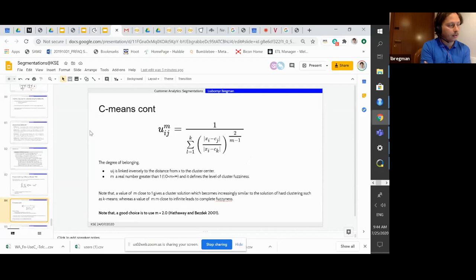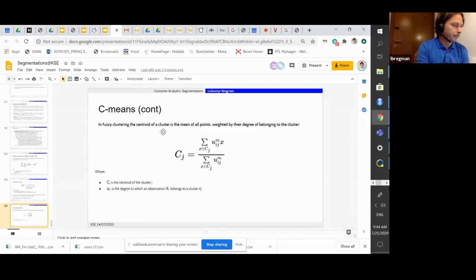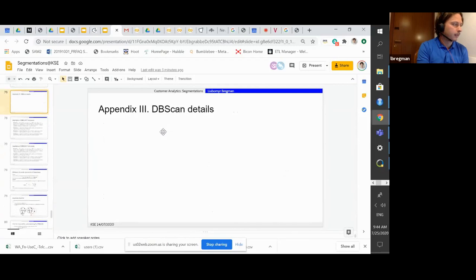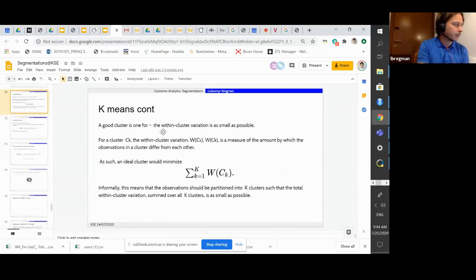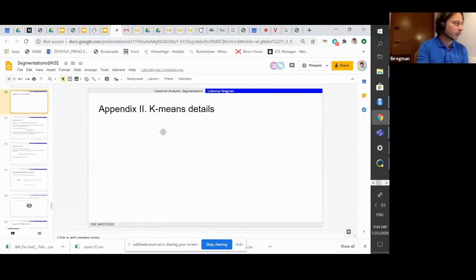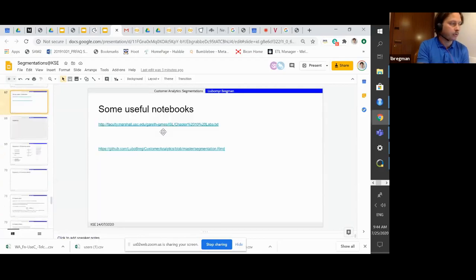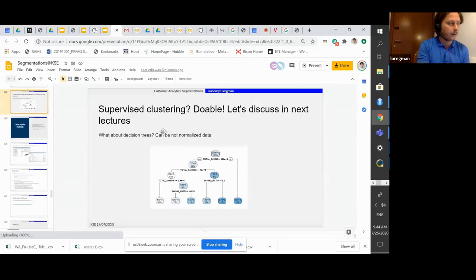Again, additional details on how exactly we define this level of similarity. I think that's it in the appendix. I don't want to make it too heavy with math for our class, but if you're interested, I'm here to answer the questions which you have right now or you can have in the future.